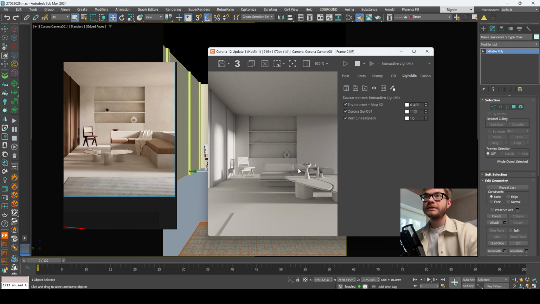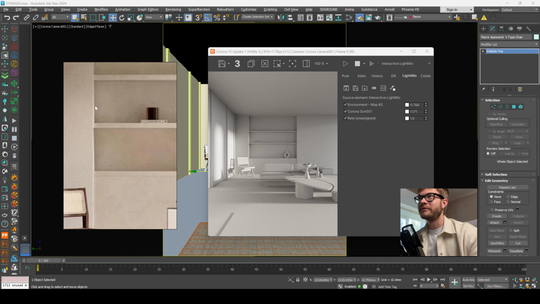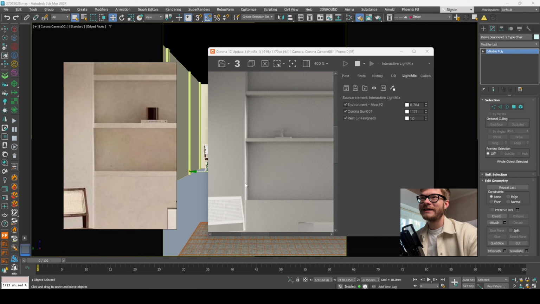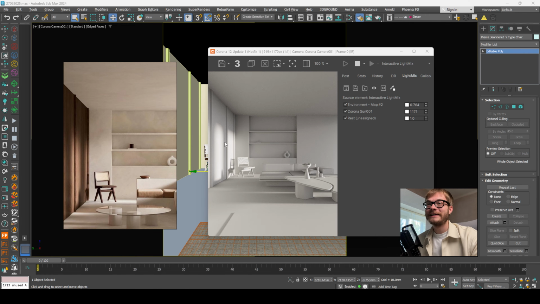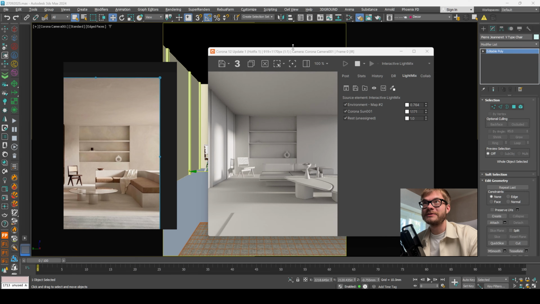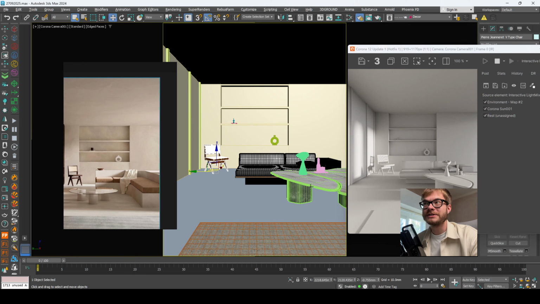Okay, now let's adjust the brightness for our scene. And here's a little moment right here. You can see that we repeat this sunlight on the edge, which looks pretty cool. Yeah, really like it. Now I would like to adjust the position for our objects in our scene to make